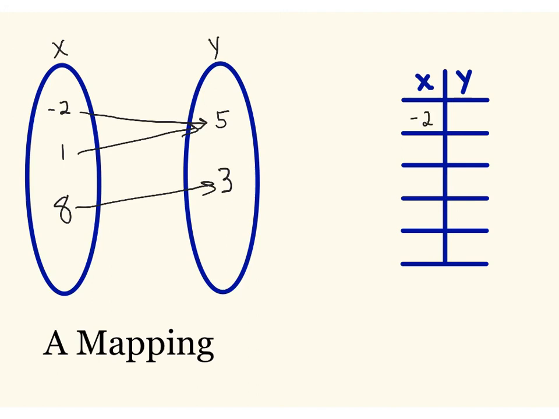I'm going to put them in the table first. And once they're in the table, and I'm only going to use a few slots out of this table, from the table, as we spoke earlier, we can create ordered pairs now, which does make this a relation. And the nice thing about the mapping is that it lets us see how values in the domain are connected to values in the range. And this will be very helpful when we want to talk about whether this relation is also a